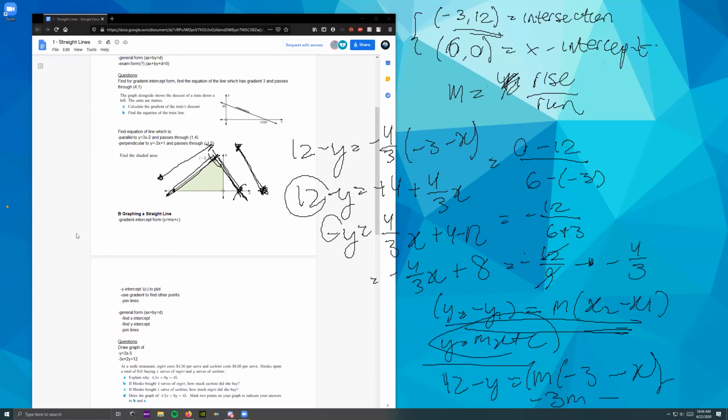And since you need to find the other side of it, this is just kind of like a bonus. Technically you don't have to find the equation of this. You can just find the gradient right here, and then you can just jump into it and use 3 over 4 to find the equation of this side,